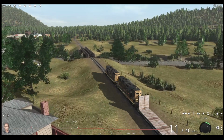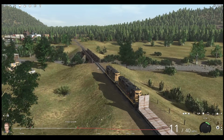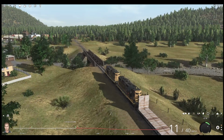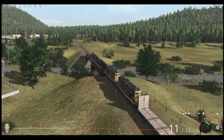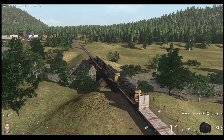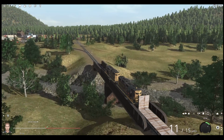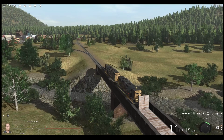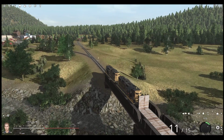Roger Moore here, he's actually taking a little bit of a break here to go into this industry. It's the St. Regis lumber mill. He's going to pick up a small amount of lumber here, and then he's going to move on to Hogan. I have Roger set up with all these flat cars that are needed for lumber pickup. But Roger isn't going to be handling all of that because we do have a bit of a special situation